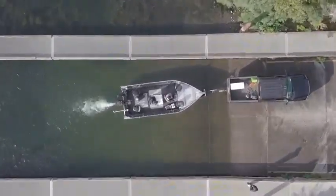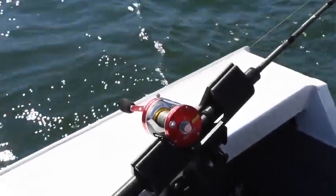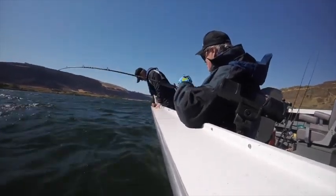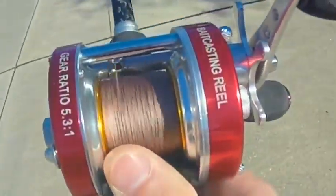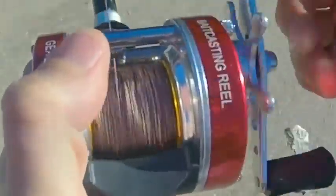The KastKing Rover full metal body round conventional reel has enjoyed a terrific history for both fresh and saltwater fishing. KastKing Rover has been along on many memorable fishing trips. It has taken a personal best for quite a few anglers. Made in size 40, 50, 60, 70, 80, and even 90 sizes in both right and left-hand retrieve, Rover has